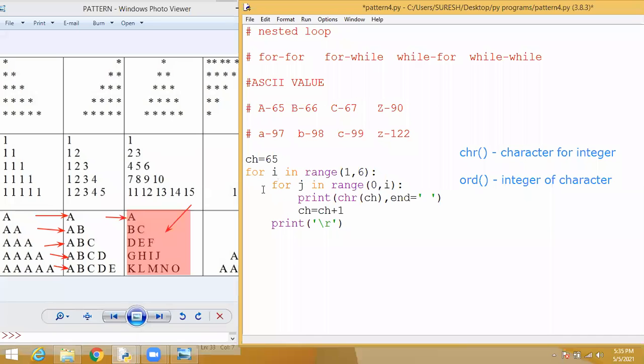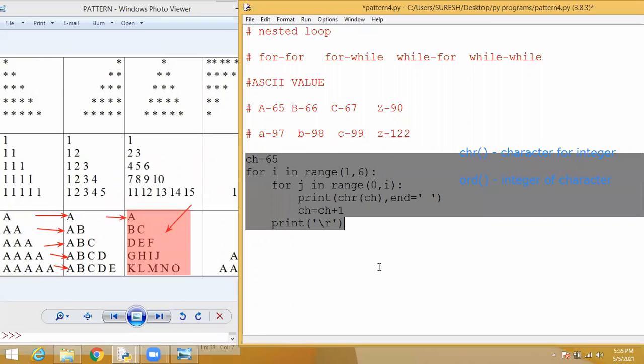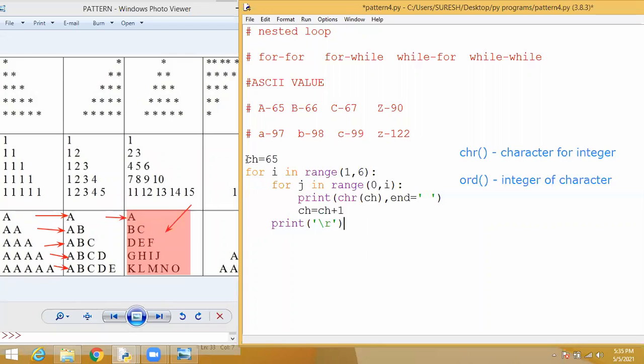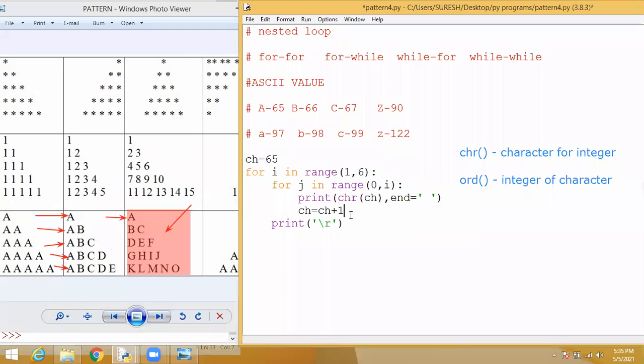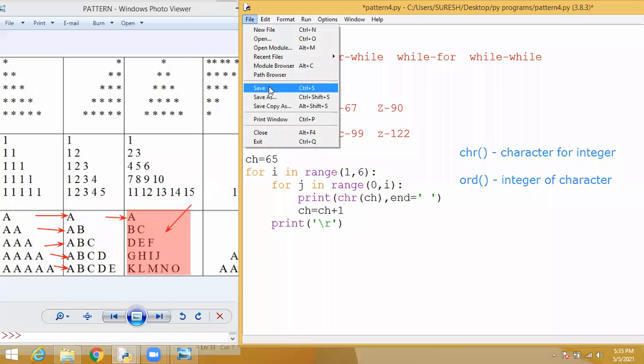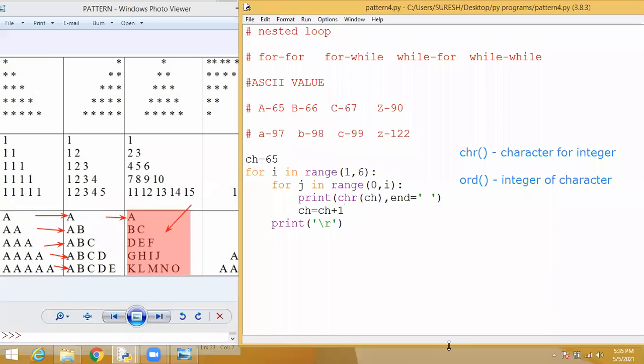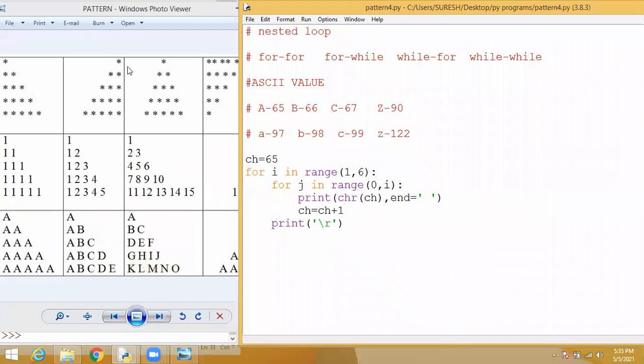Students, understood the change? Only at the start I am going to set the value. The remaining I am going to change the CH value every time in the inner loop. Okay, let me try whether I will get the exact output or not.